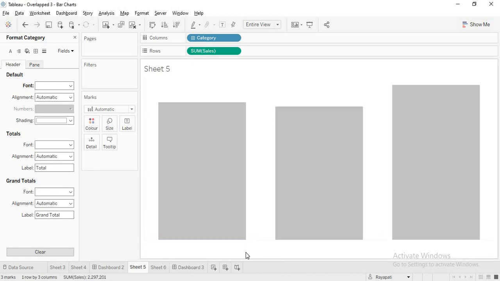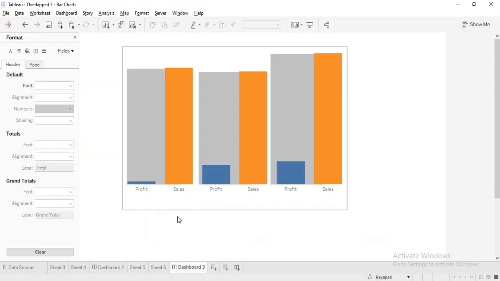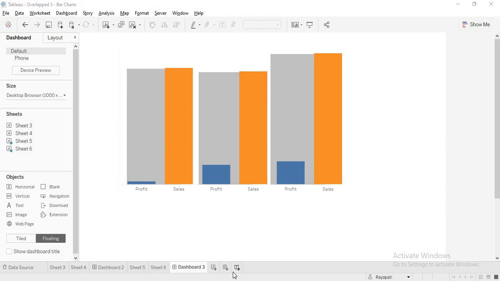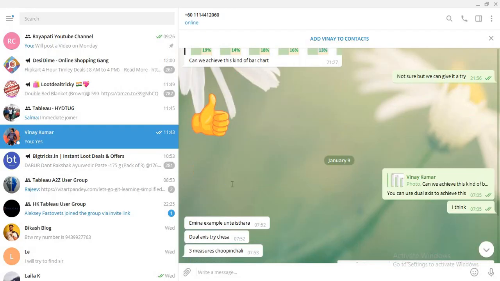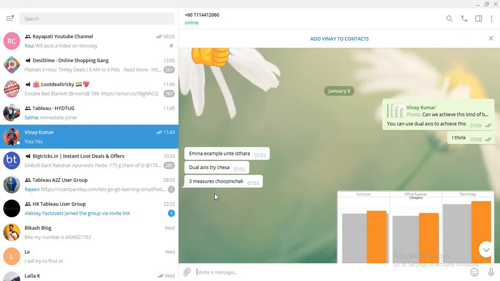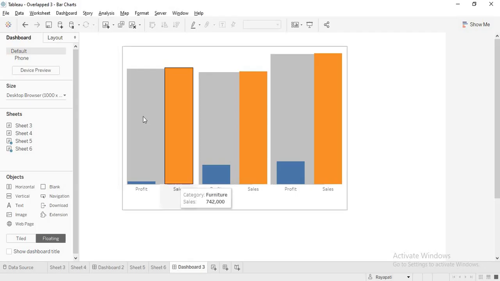Now, why am I doing this? Because if I hide the labels again, some distortion might come and I don't want that distortion. Now see, they're very plain and simple. But this doesn't actually solve our issue. That is because when Mr. Vinay asked, he wanted to show three different measures. Here we showed sales: the background is sales and this is also sales. That is why it was pretty easy.